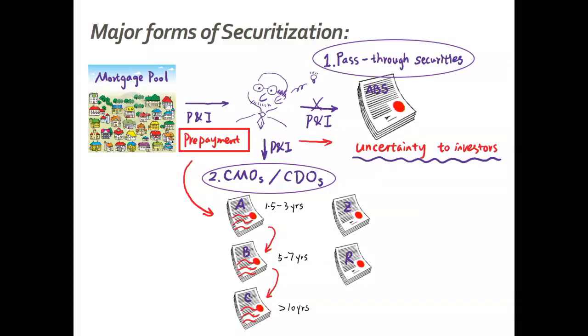Class R is also special. The R is short for residual. So class R bonds will always sit at the bottom of the CMO facility. It's more like an equity tranche. So the idea is what you will receive as return if you invest in class R are anything that's left in the pool after all of the previous tranches are fully repaid, and any reinvestment income from reinvesting excess cash flows generated by the pool.